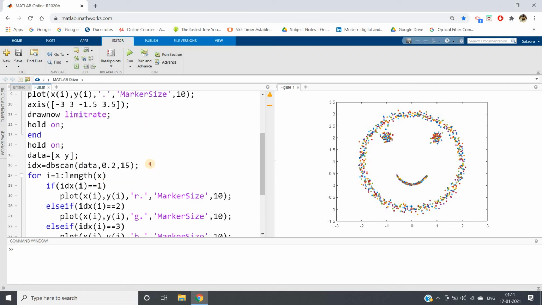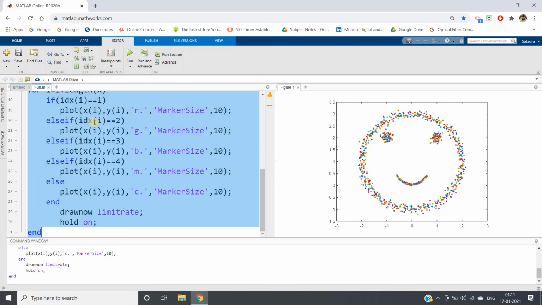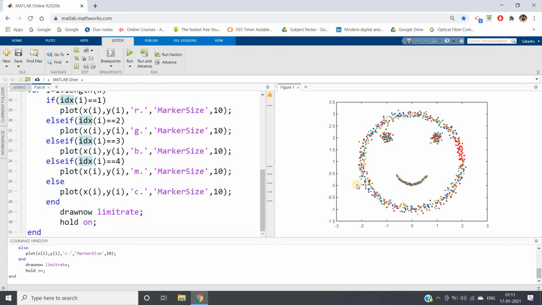First I will run these 3 lines, so DBScan will be computed using these. Once we get the index, I will run this particular piece of code, that is this for loop. Obviously it is going to take some time, and you can see these red points have started coming and overlapping on our face boundary.